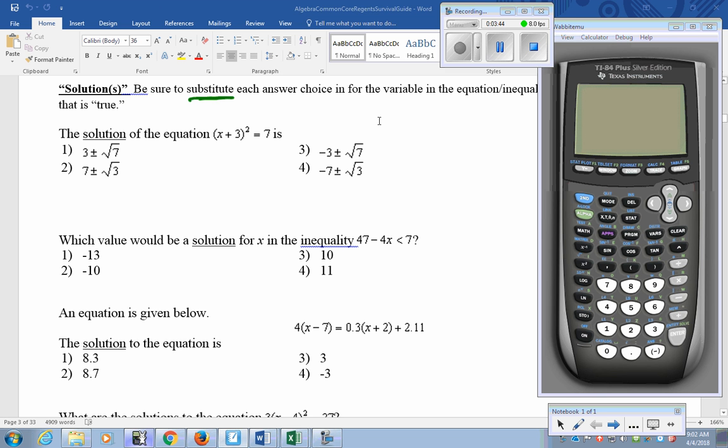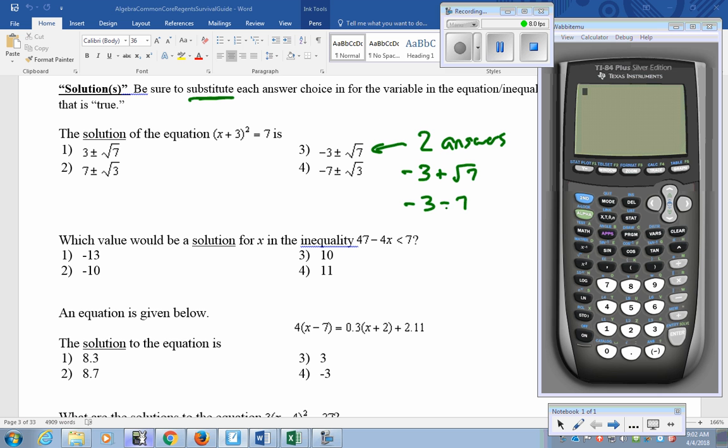Now, remember this right here, each of these answers is 2 separate answers. There's negative 3 plus radical 7, and negative 3 minus radical 7. And you want to check both of them, make sure they end up, if you put them in, equaling 7. So in this case, I'm going to type in that expression. You just got to be careful with parentheses, because you want to put each of those answers in parentheses, the numbers you're substituting in. So I'm going to do negative 3